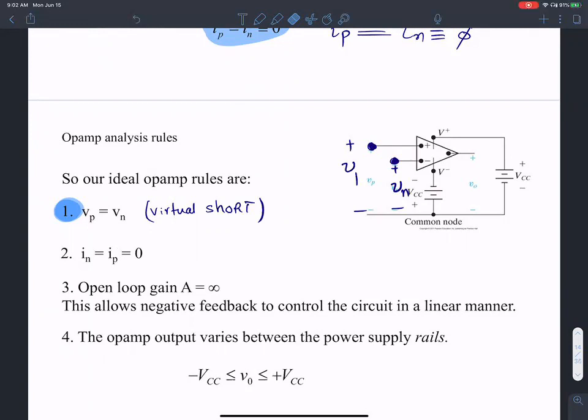And then the other assumption is, of course, that the open loop gain is so high, typically in the range of 10 to the 4, that we assume it to be close to infinity. These are the ideal assumptions, rules that we follow when we are dealing with ideal op-amps. The non-idealities are beyond the scope of this class, but the idea is that an ideal